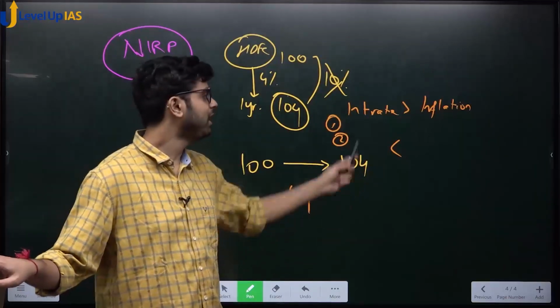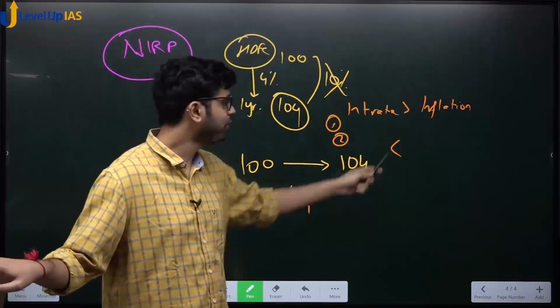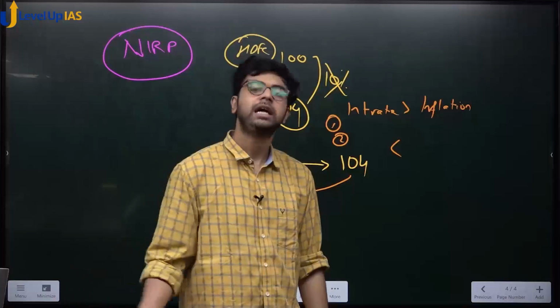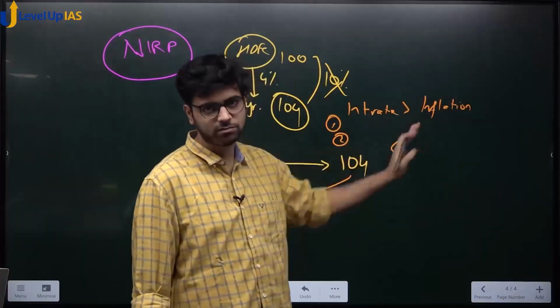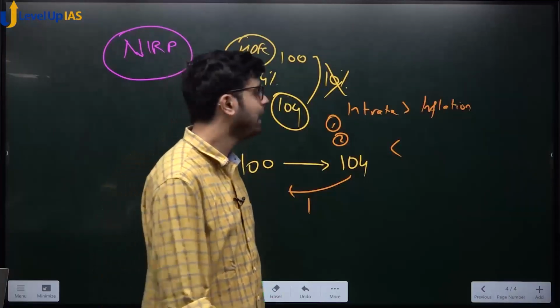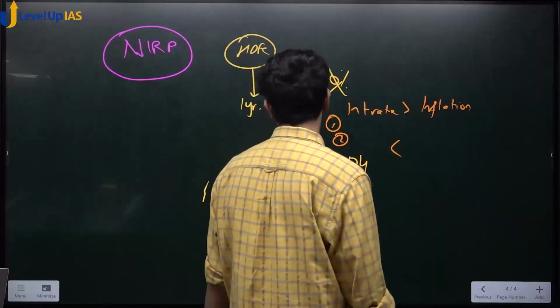When would you gain money? When interest rate is more than inflation rate, because inflation is pulling your purchasing power down, interest rate is pushing it up. Okay, so net if pushing up is more than pulling down, then you gain money net. Okay, now let me take you to